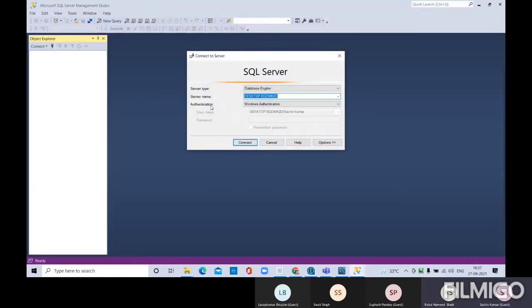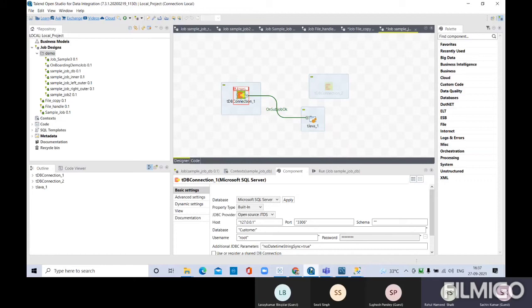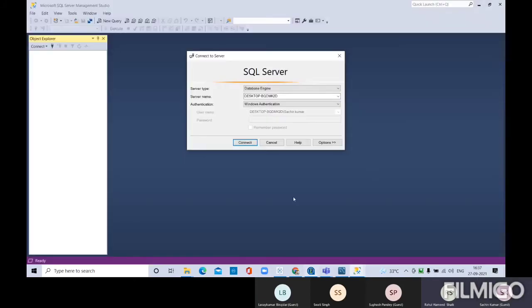So here the authentication, I'm telling you, the server name you can copy and paste there for host. And authentication, you have selected Windows authentication, right? That means your Windows login username and password, you need to enter there in Talend. See the username, what it shows here. That one you need to enter.